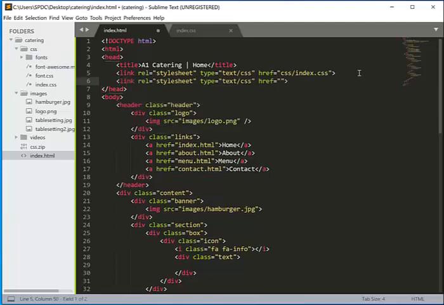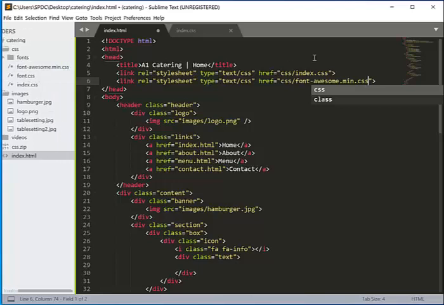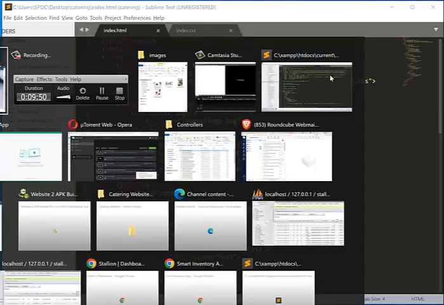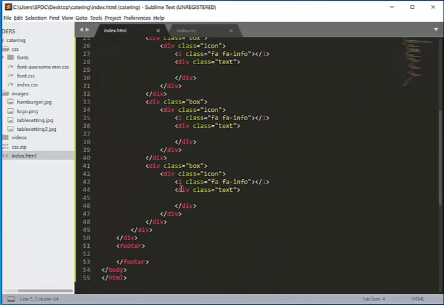So I'm gonna have link. My font awesome is in the folder called CSS, and I'm gonna have font-awesome.min.css. Yeah, good. So I'm gonna save that, and I'm gonna refresh again. Okay, I have my font awesomes now. Then I'm gonna change